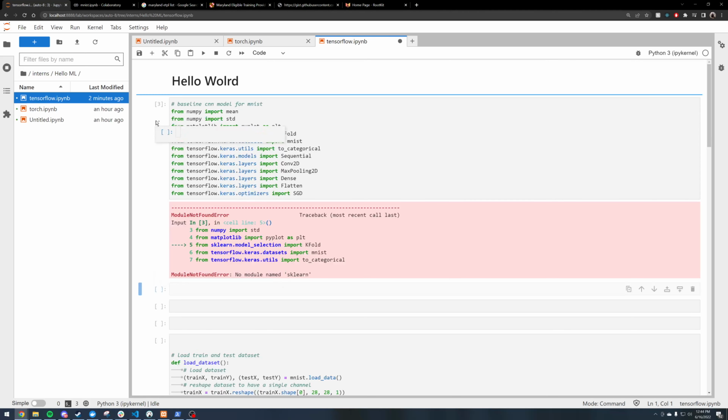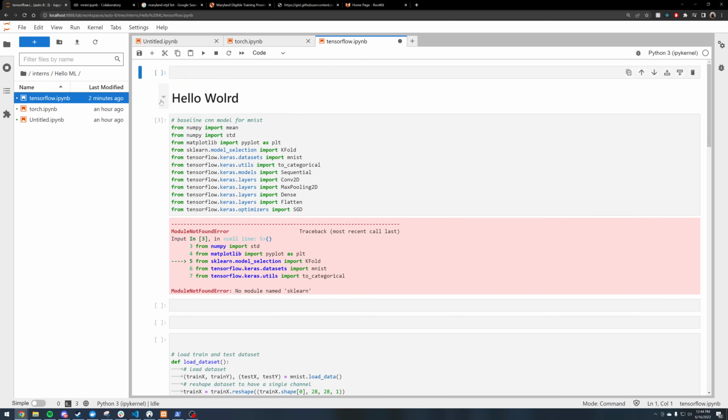So we can make a new block, move it in front of everything, and if you do the exclamation mark, you can run commands on the underlying terminal. So if we do exclamation mark pip install sklearn, press play, that will install sklearn onto our box. So it's just taking a second to think, but you should see outputs here in the pip